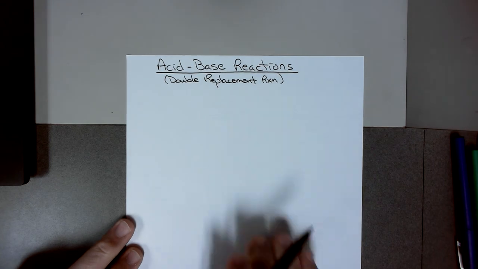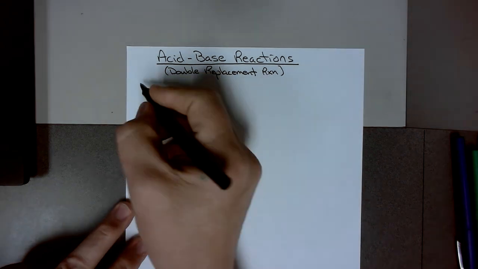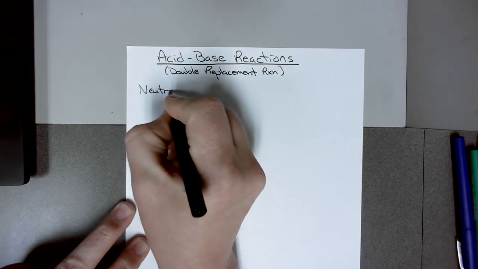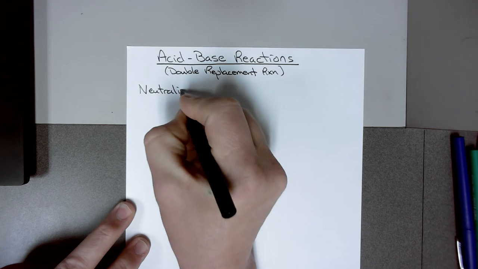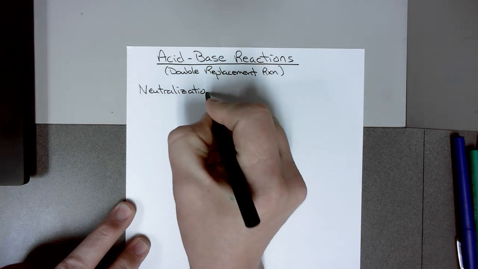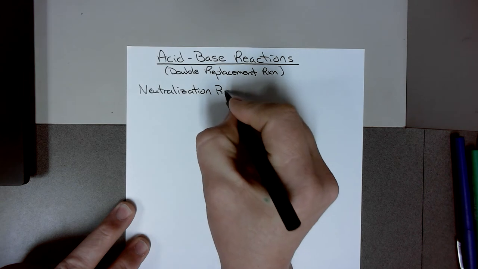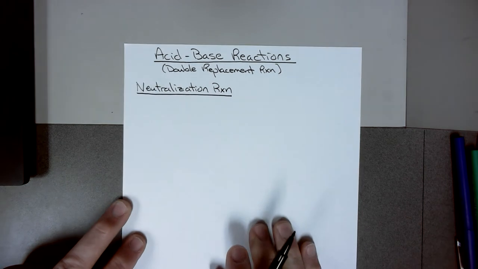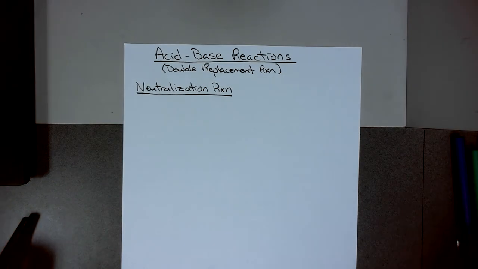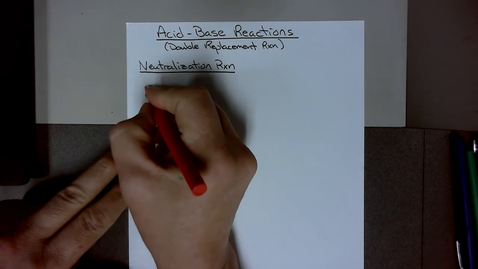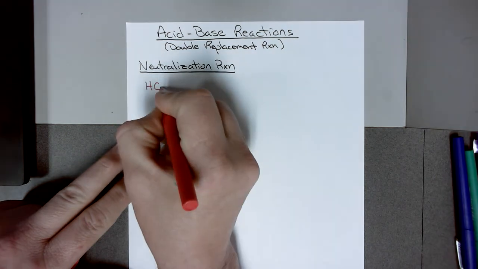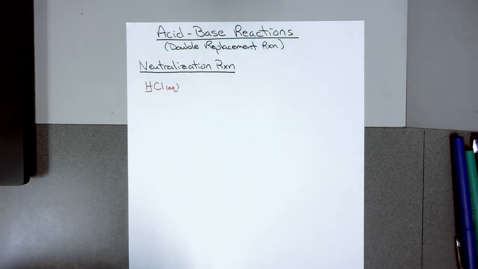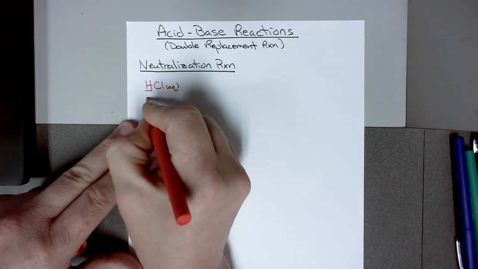Now specifically the acid-base reaction we're going to look at is what's called a neutralization reaction. So it's an acid-base neutralization reaction. And what we have is that we will have an acid. So let's take an acid like hydrochloric acid, and we know that it's an acid because of the H that we see here, and so we have the acid